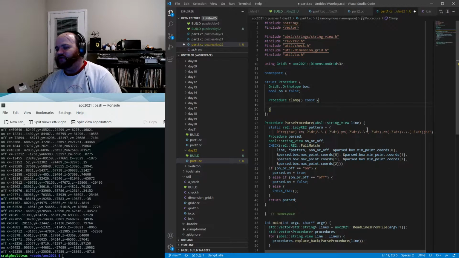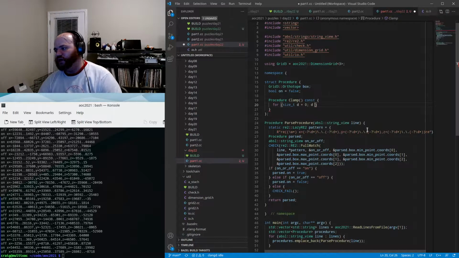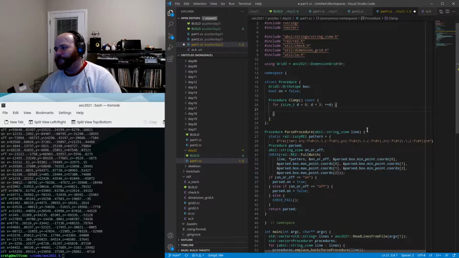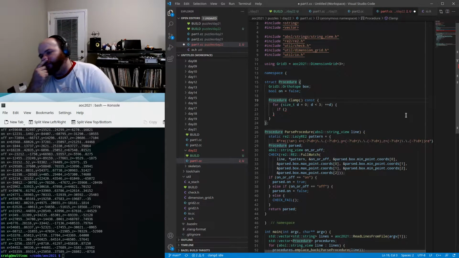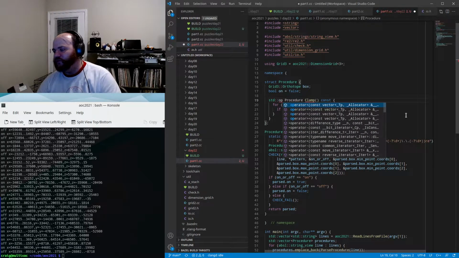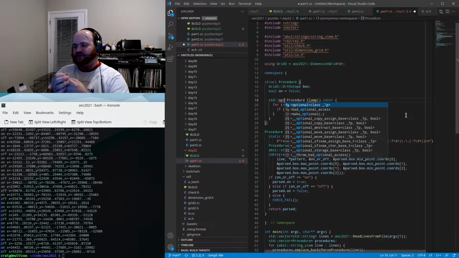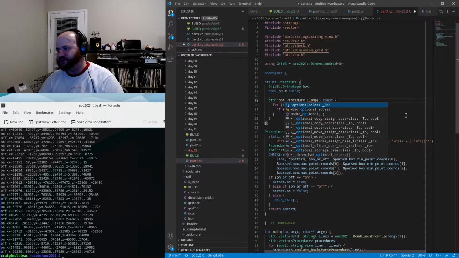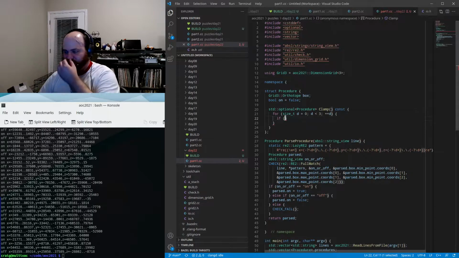So basically, for d equals 0 to 3, which is the number of dimensions that we're working with, let's see. I guess if the box is completely out of range, then we don't want to consider it at all. Because the way that I've written this box code is that even if it's 0 in every dimension, it can still cover 1 point because the min point and the max point are the same. So I'm going to have this return an optional procedure because if everything is completely out of range, then